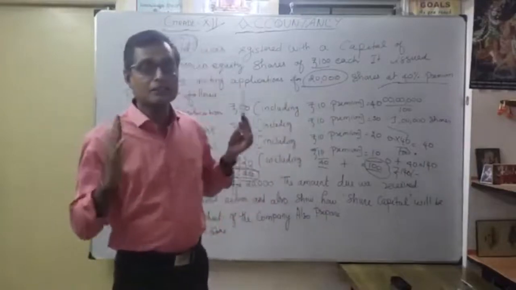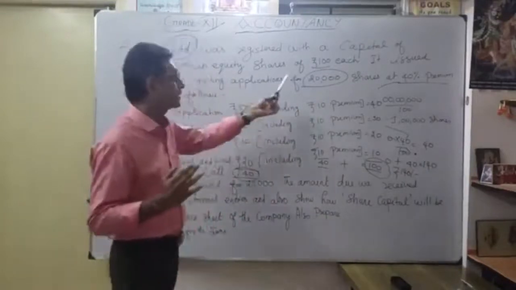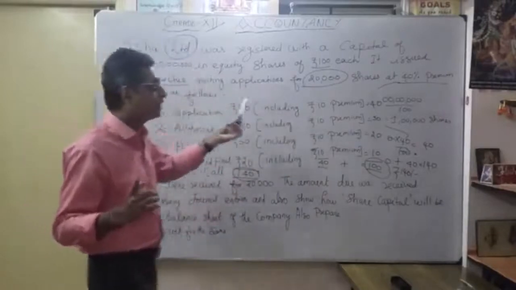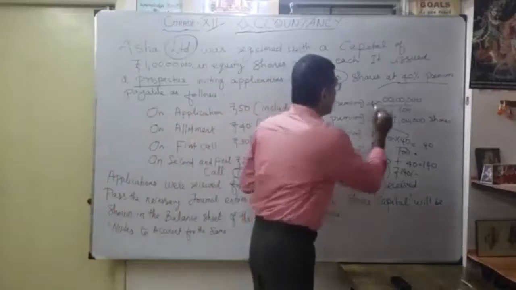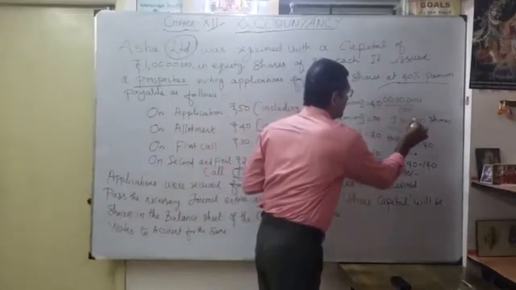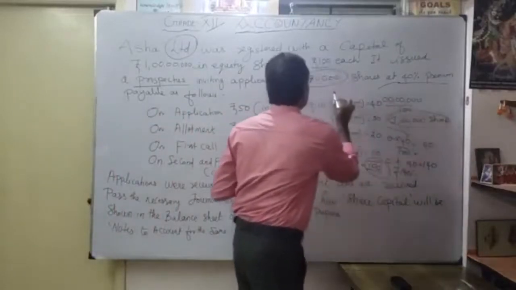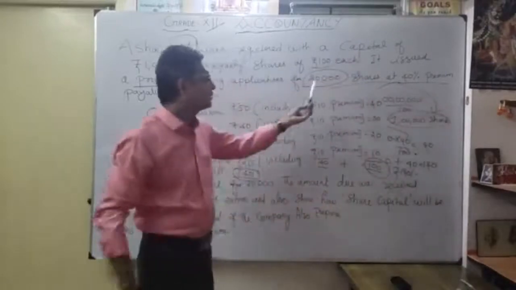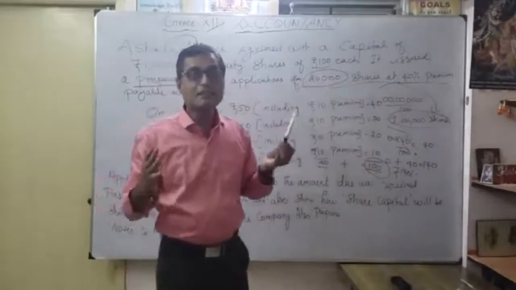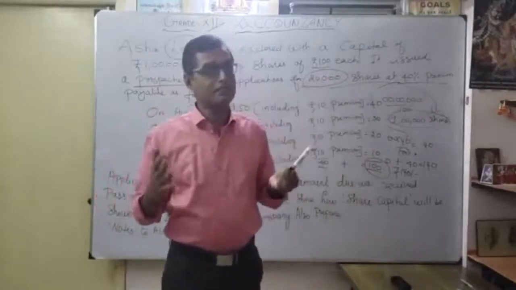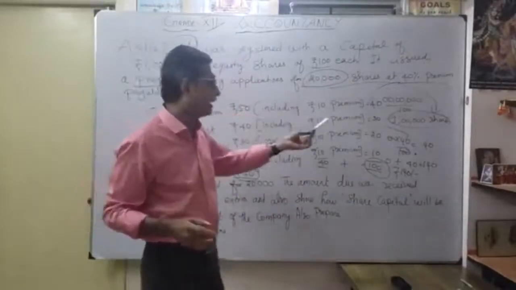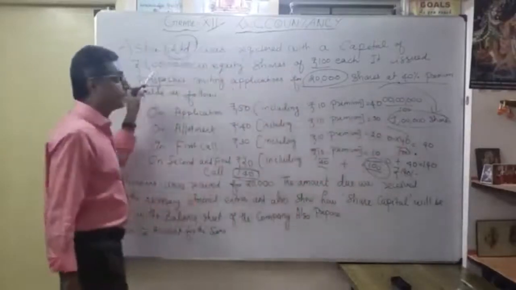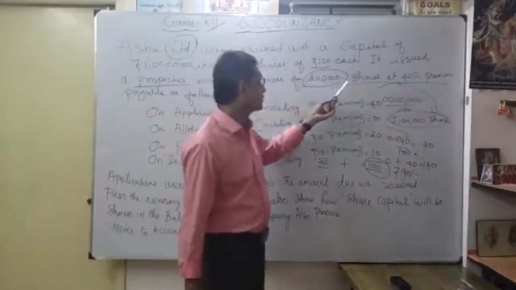Whenever shares are issued at a premium and fully subscribed, what is the authorized capital? 1 crore, so naturally 1 lakh shares. But how much are you issuing? Only 20,000 shares. So naturally, issued share capital is less than authorized share capital. That is a very important point. Here 1 lakh shares is the authorized capital, or 1 crore. How much do you require? 20,000 into 100.